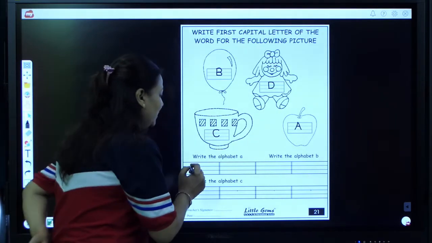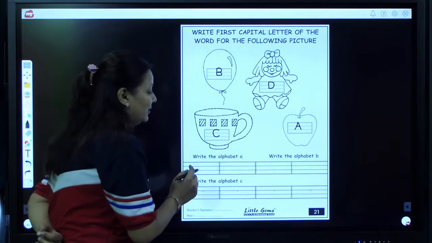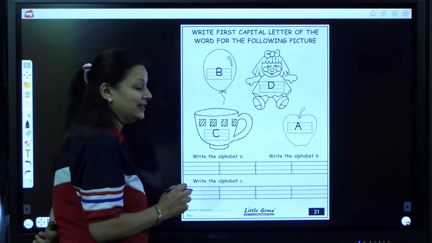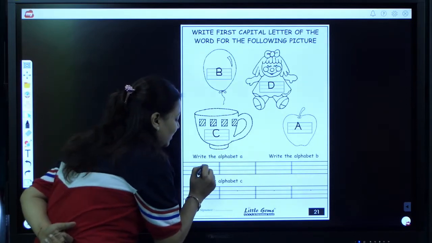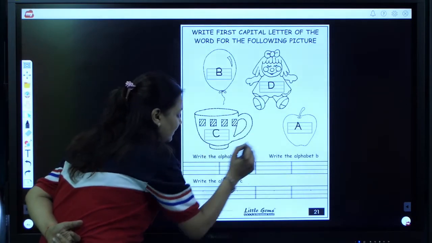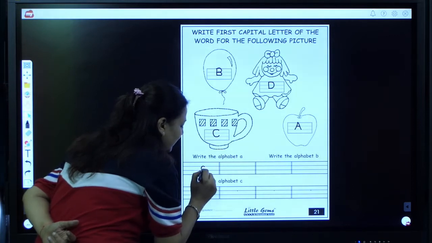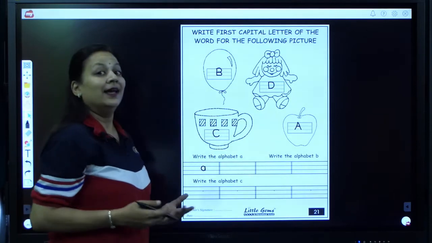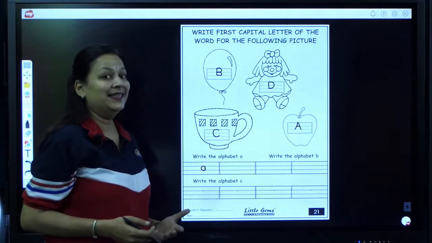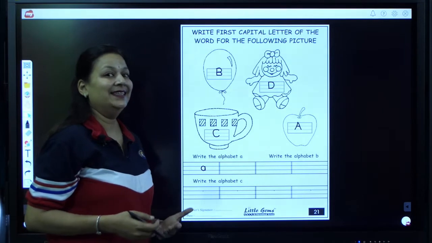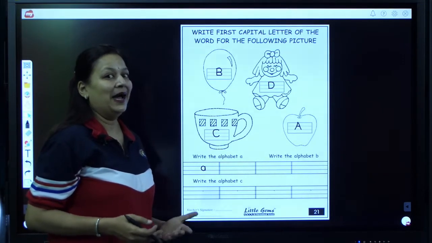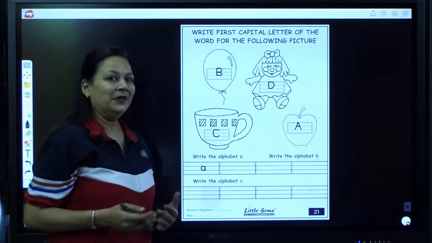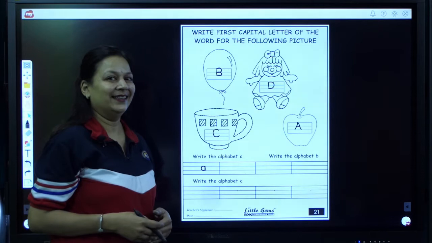Now we are going to practice letters A, B and C. So watch me carefully how I am writing. We will write lowercase letters. They are also known as small letters. We will write from the middle line, make a curve till base line, go up to down, standing line. A. A says A. A as in apple. Now it's your turn. Write it properly. Write it neatly.